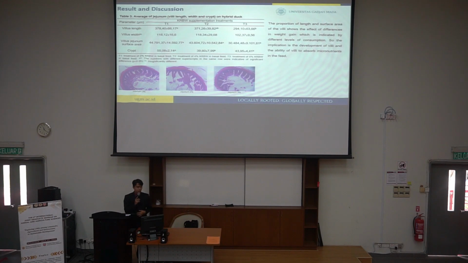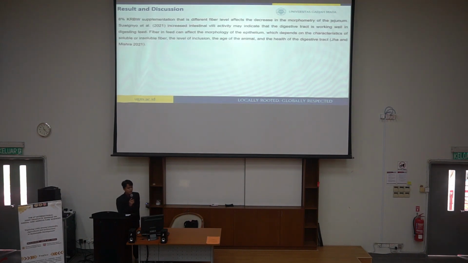And continue to histology of the jejunum, increasing the length and the jejunum surface area. Because the fiber content in the jejunum is still macronutrient. It didn't absorb for phylloxera. So the lack of nutrient in the feed is follow the absorption of nutrient. Suikyo 2021 show the investigated the digestive tract is working well when digestive feed has a